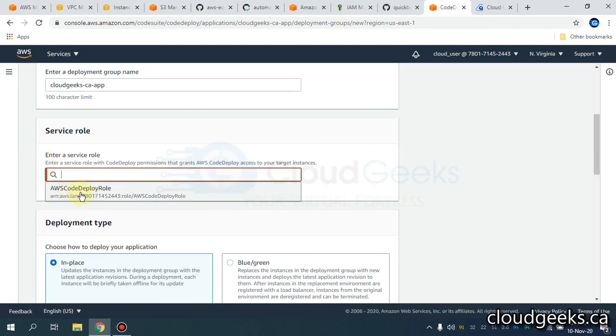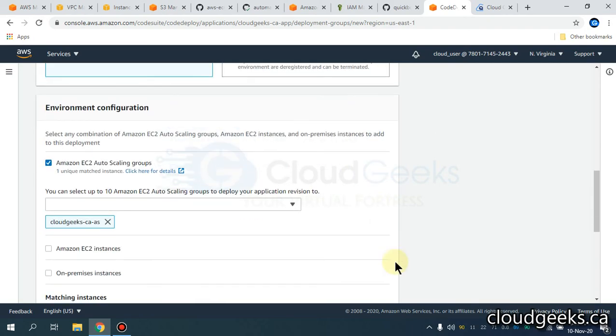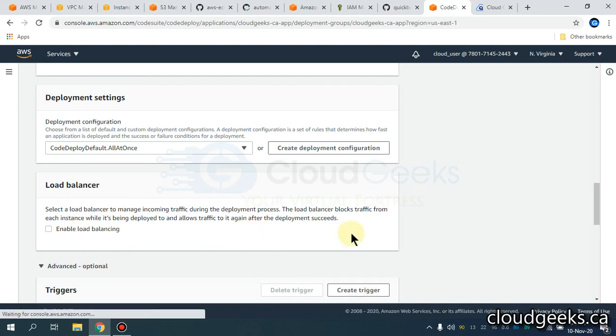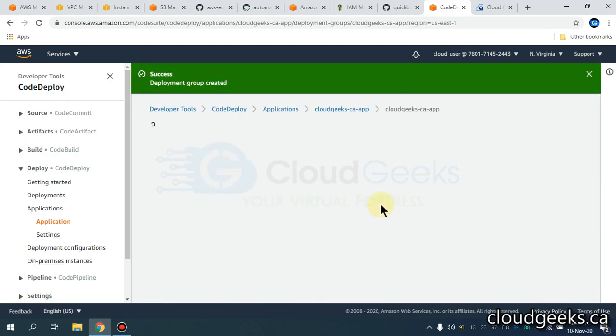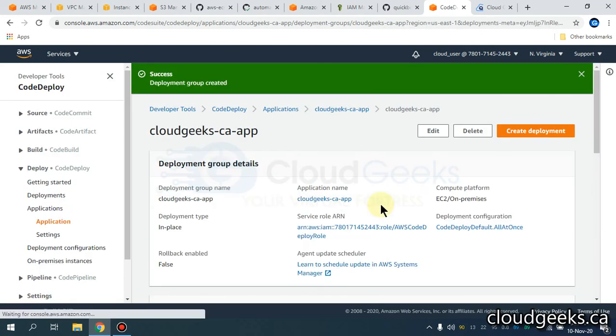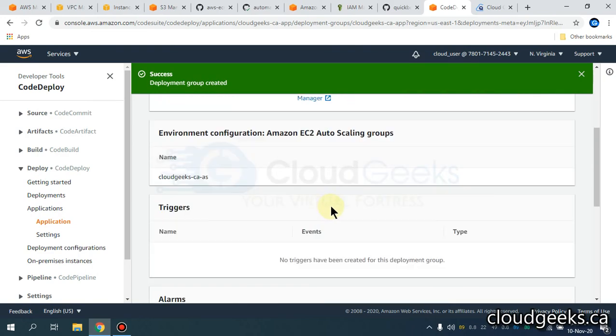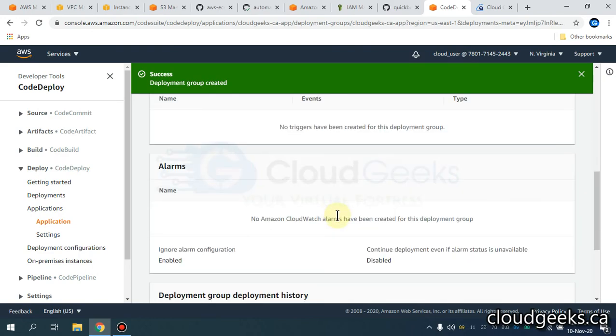You see this role we have created, I'm going to select it and create a deployment. All these advanced options are with regard to the trigger. If your deployment fails, it is going to send you an email and all that, but I'm not going to cover that in this series of videos.